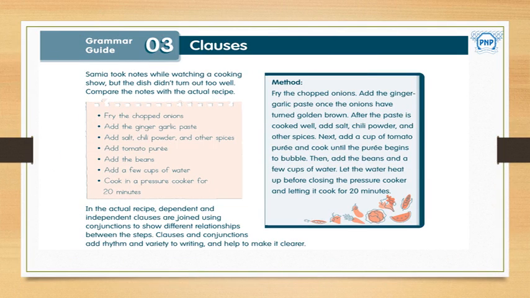So, we are taking block 3, lesson number 3, clauses. Here they have given one simple example of clauses. A clause means a sentence which has a separate subject and a predicate. It is a meaningful sentence. And there is another thing, which is phrases. It's a group of words which doesn't have a complete meaning. So let's start with clauses.